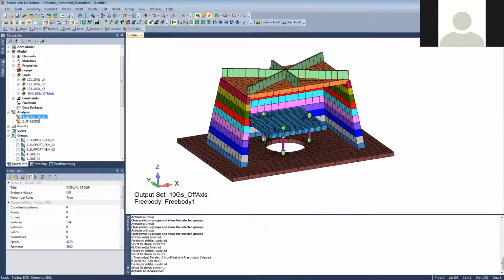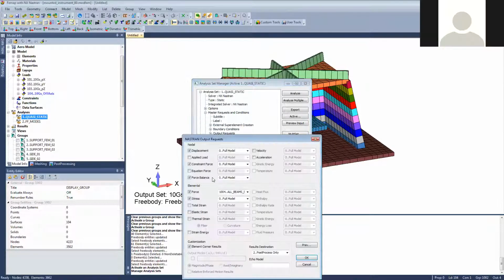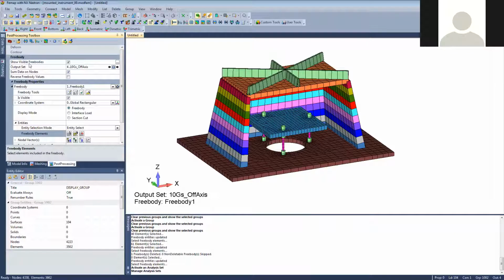If I expand on analysis and bring up my analysis set manager, if we look at this analysis set and look at my output requests, you'll see that I in fact did request force balance. So this will give me grid point force results, and that'll ensure that I will be able to view free body results in Femap. So if I move back over to the free body tool,